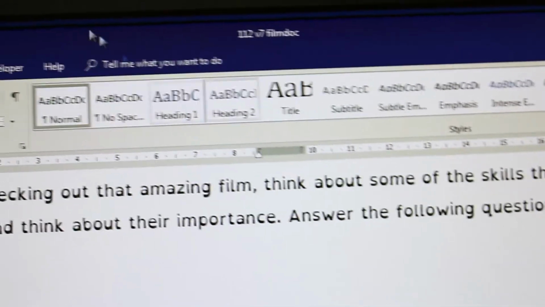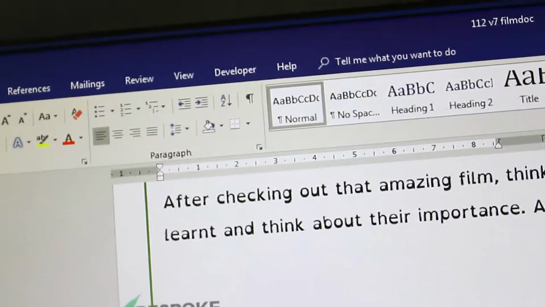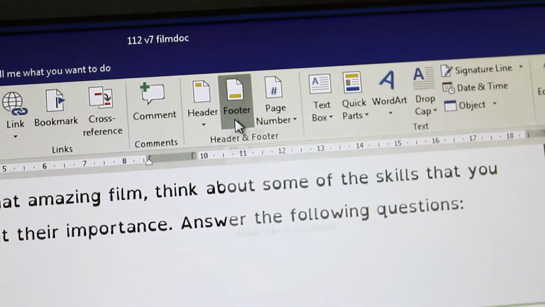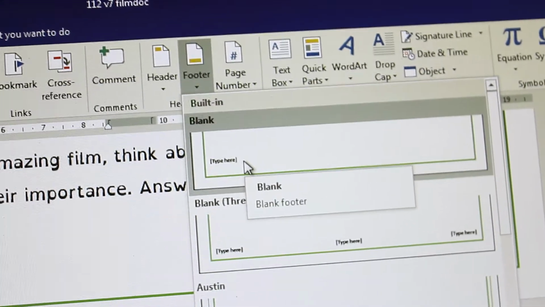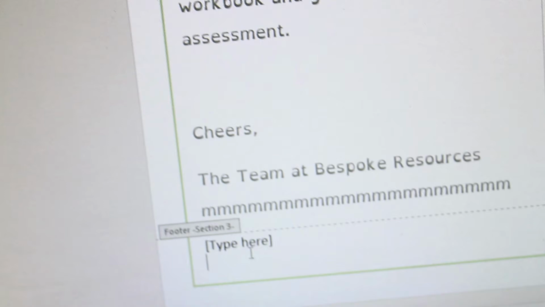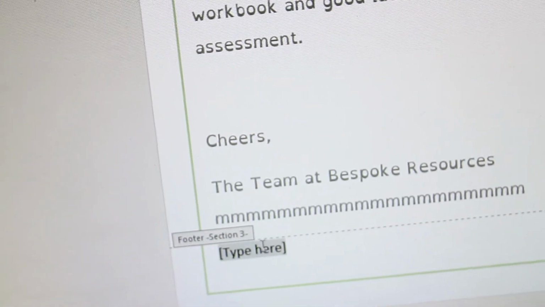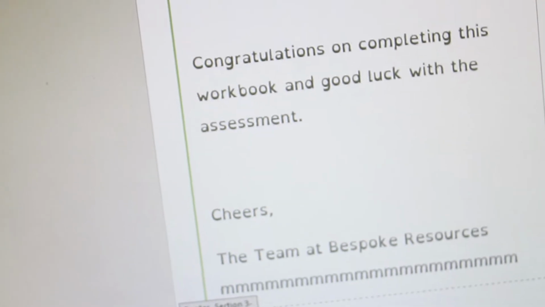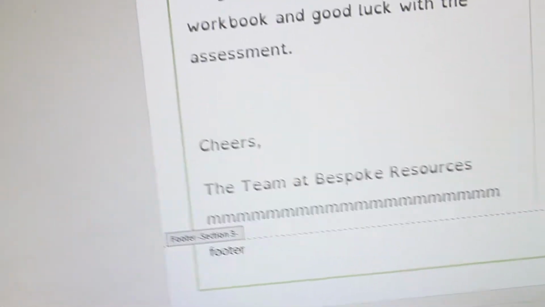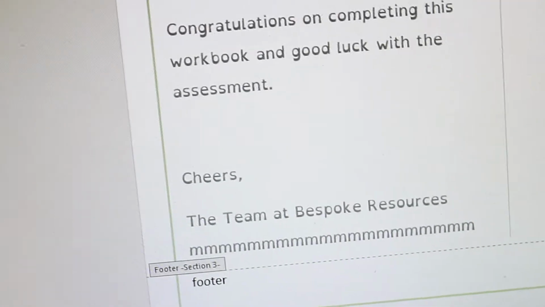We can also do the same thing with a footer. So let's go footer, add a footer in, look at the bottom of the page, and we will say footer. Then we'll go back up to close header and footer. But before we do that, you'll see